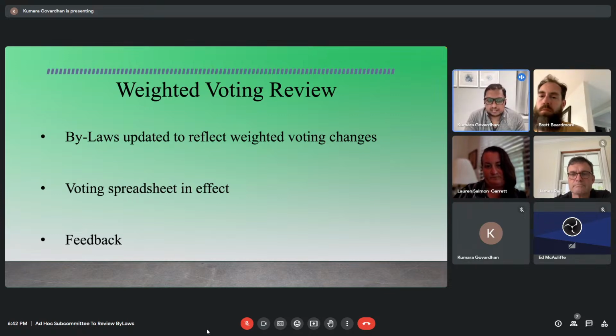All right, so no, it's good to know. So yeah, and with that, I know some subcommittees have gone through, changed some of the verbiage and some of their policies to reflect weighted voting. So as more come up, I know they'll look at that as well. So that's good to know.